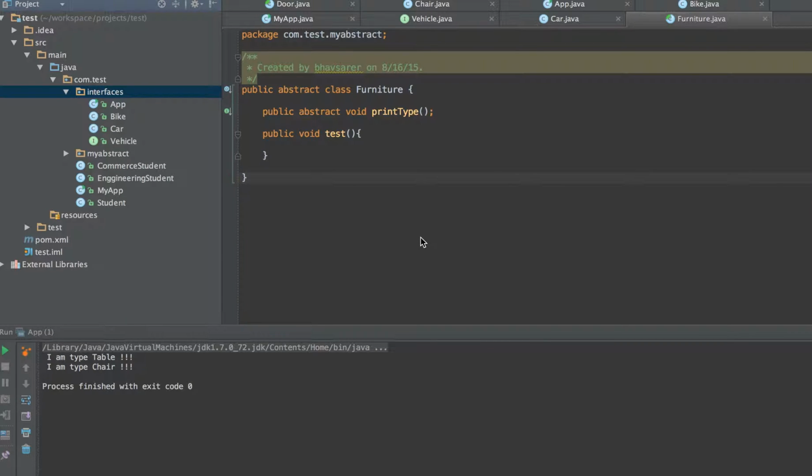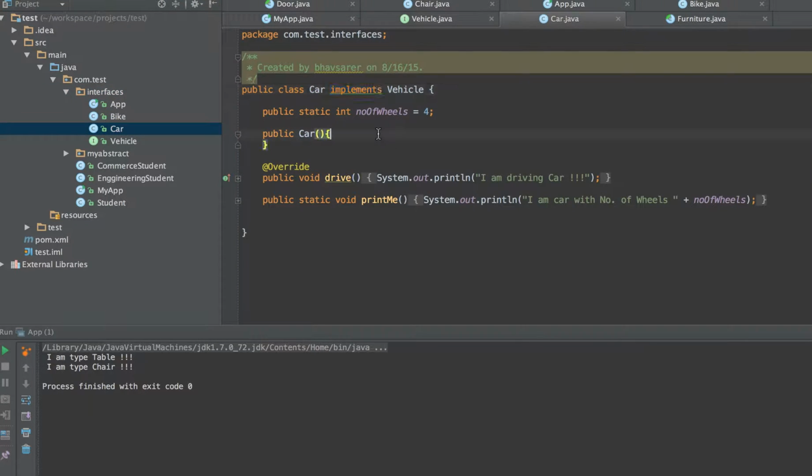So in this lecture we are going to understand the final keyword. The way we have said that abstract and static are very important keywords, we also have another very important keyword to be understood called the final keyword. And what we are going to do with a final keyword, say for instance you are having a car